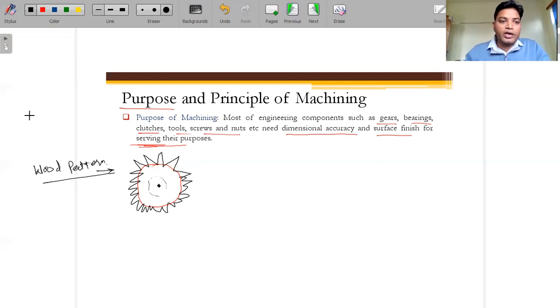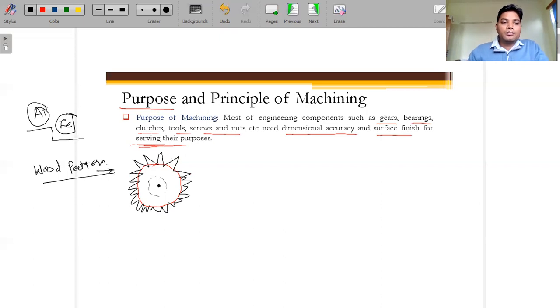For example, if we want to cast this gear in aluminium or a ferrous material, these materials have different kinds of allowances that we have discussed, shrinkage allowances, and apart from that there are other types of allowances.